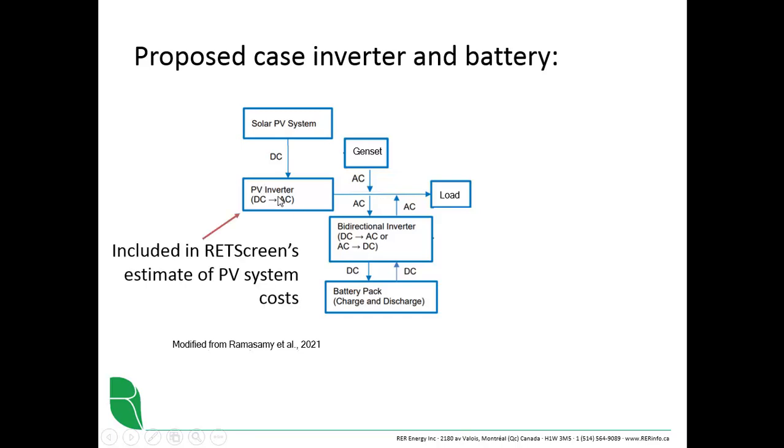The cost of this PV inverter, and we'll verify this later on, is included in RETScreen's estimate of PV system cost. So if we use the RETScreen cost database to specify the cost of our PV system, it will include the cost of this inverter. So we just need to include the performance characteristics in terms of the efficiency of the inverter and its size